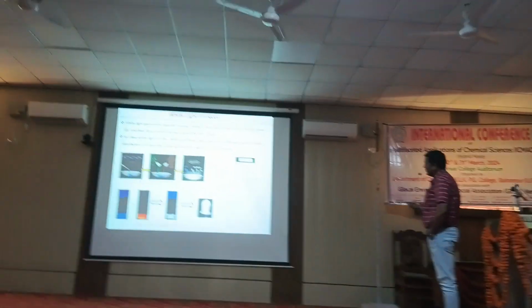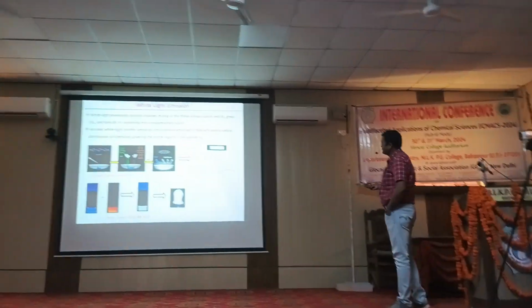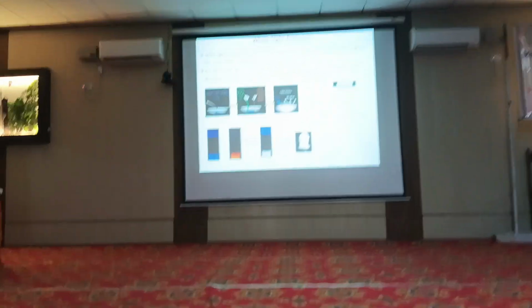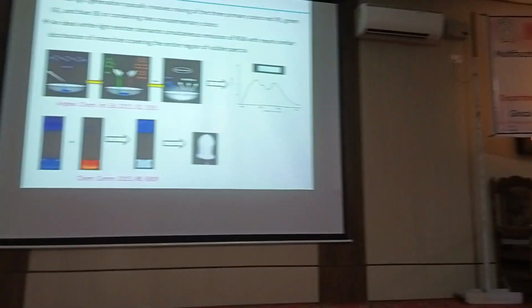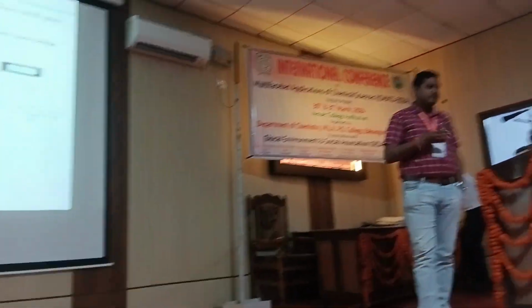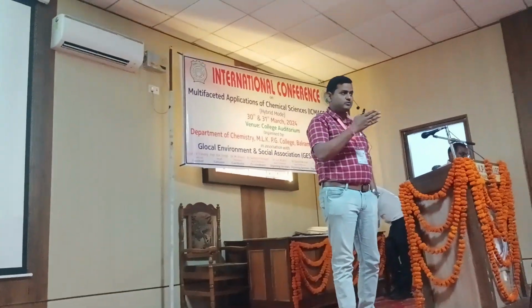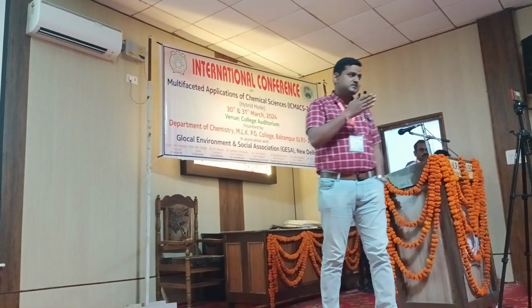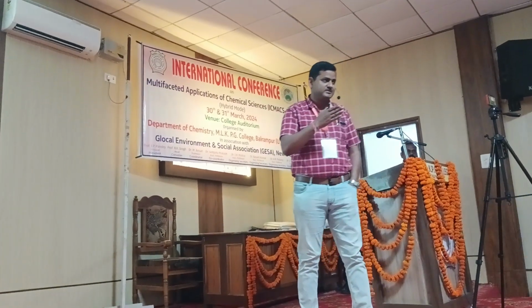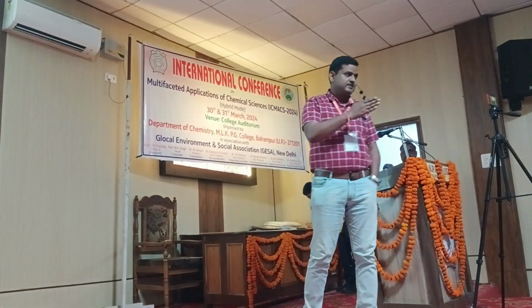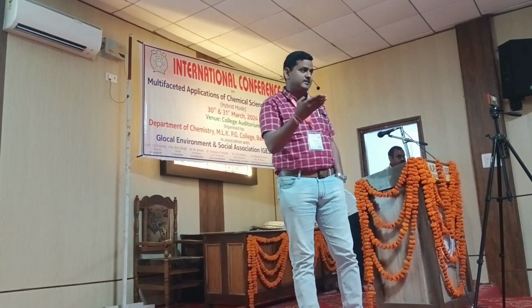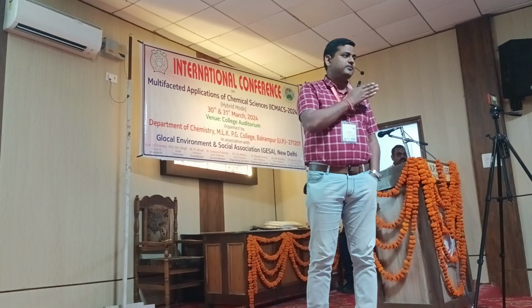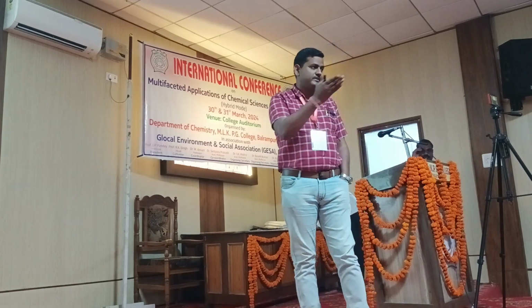So generally, white light emission typically involves the mixing of three primary colors that I told you in the previous slides: red, green, and blue, combining two complementary colors. Complementary colors means when you mix blue and green, you get cyan color, which is around 475 nanometers. If you take this complementary cyan color and another primary color, red, then by mixing the complementary and primary colors, you can get the white